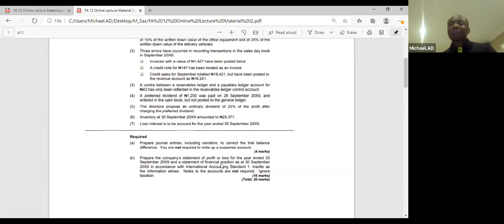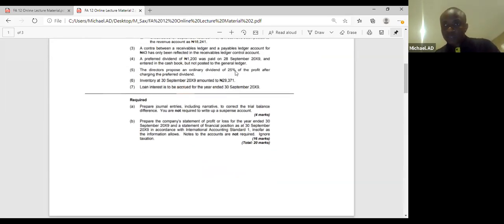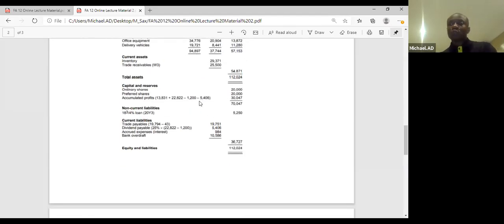Once we remove 1,002 from 22,822, then find 25% of it. The 25% of it will give you 5,406 naira. So by the time we add 13 plus 22 minus 1,200 minus 5,406 naira, it is going to give you